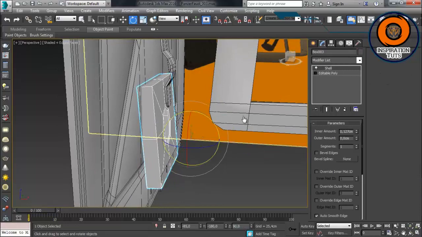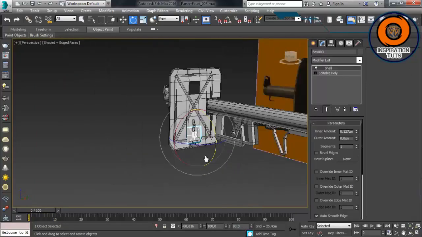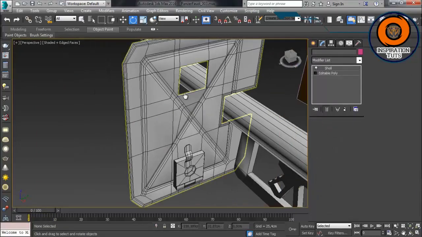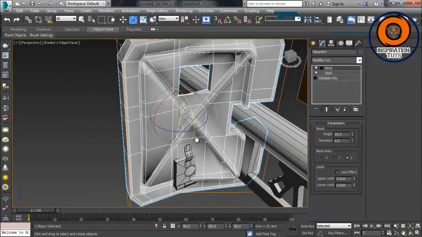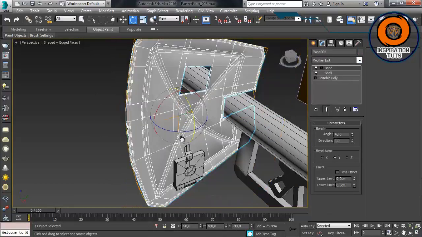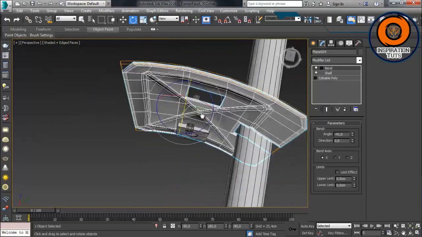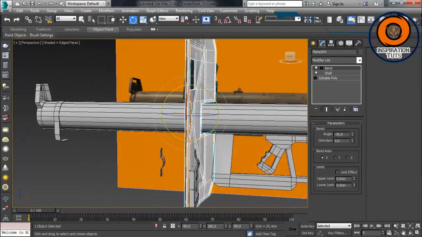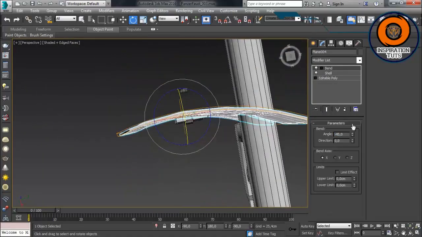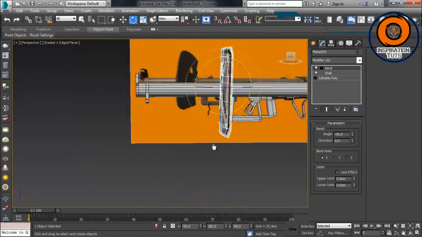Alright, as you can see here, when we select these pieces together and try to move them at the same time, even though we are moving them in the same direction, they're gonna move in different directions. And the solution to this is to group them and move them. And now we are trying to bend the shield using the bend modifier,